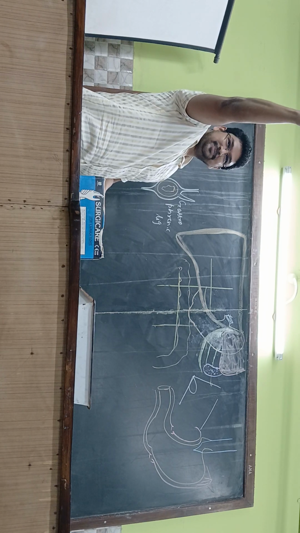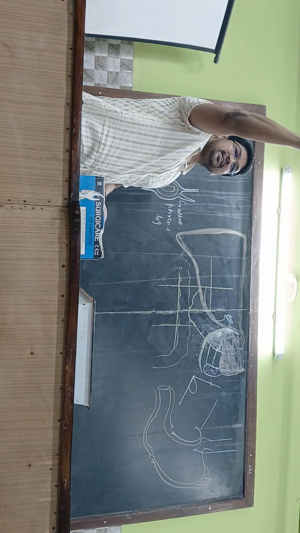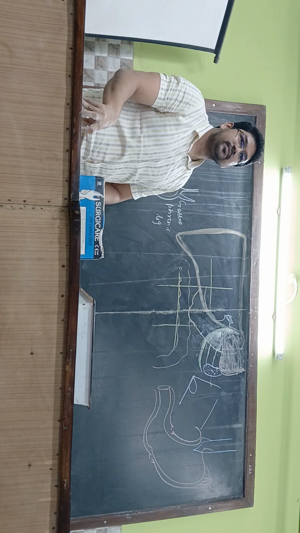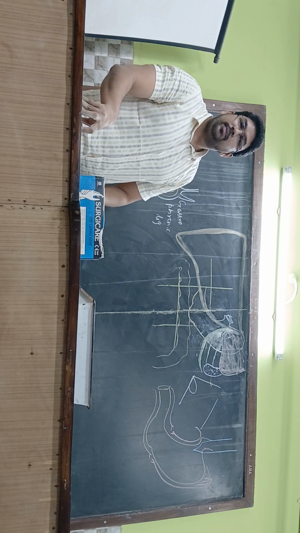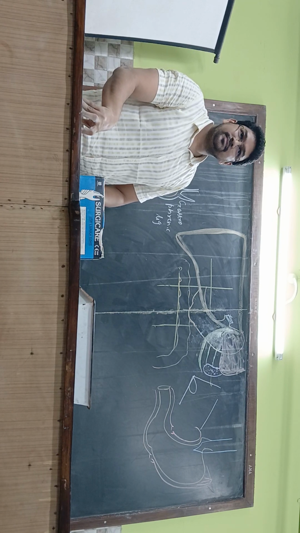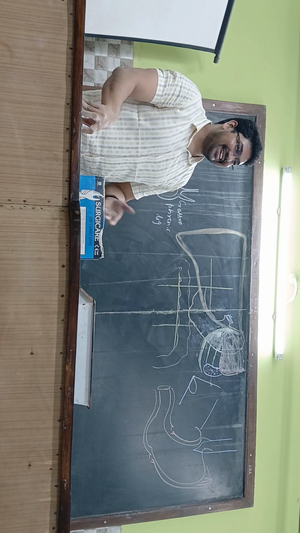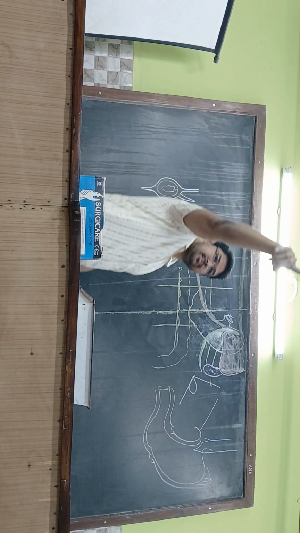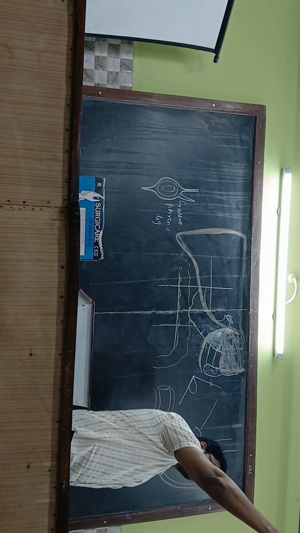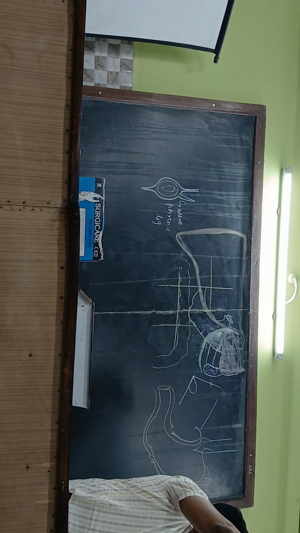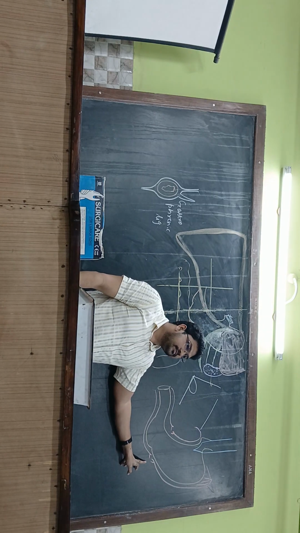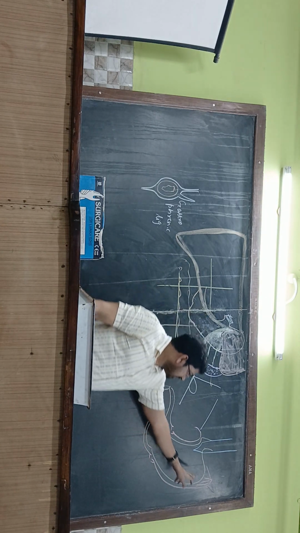Guys, look at me. What is the branch? Right gastroepiploic artery is a branch of? The gastroduodenal artery. Okay, the left gastroepiploic artery is a branch of the splenic artery. So the right gastroepiploic artery is a branch of the gastroduodenal artery, and the left gastroepiploic artery is a branch